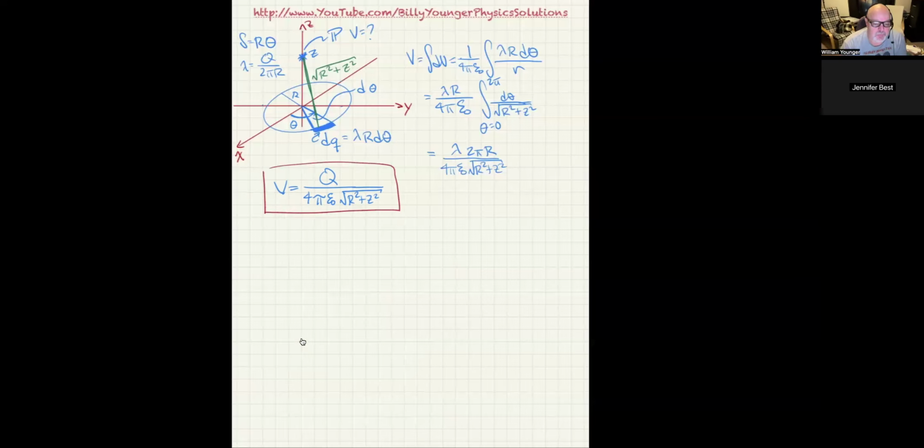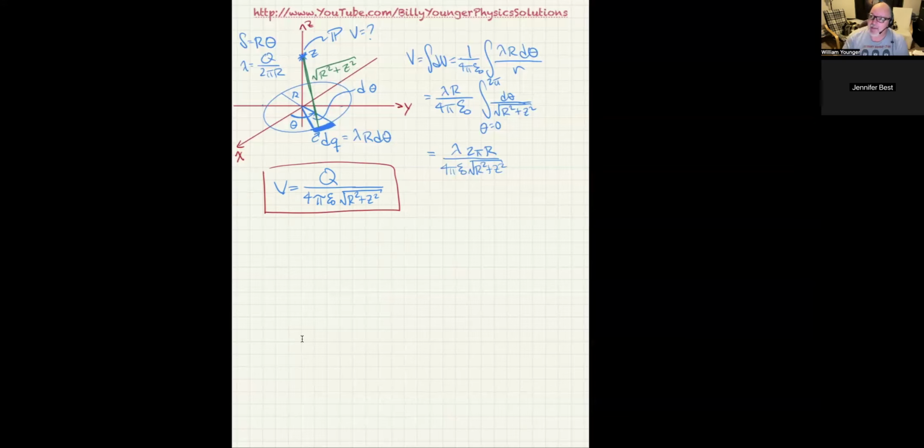And that, of course, brings us to the next topic I wanted to cover, which specifically is: is there any way, now that we've done this neat little integral in such an easier way? Now, to be honest with you, when we did the Coulomb's law for this particular problem, that integral wasn't that bad. That wasn't as bad as the infinite line charge. But still, this is easier. And what I'm going to show you is, yes, there is a way that we can compute the actual electric field once we know the electric potential.